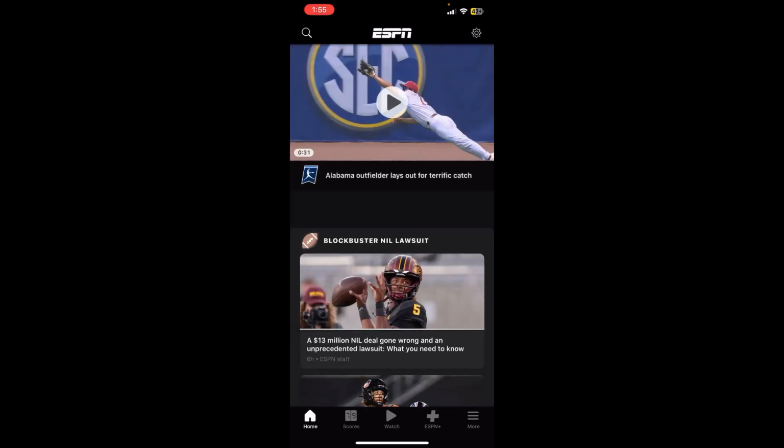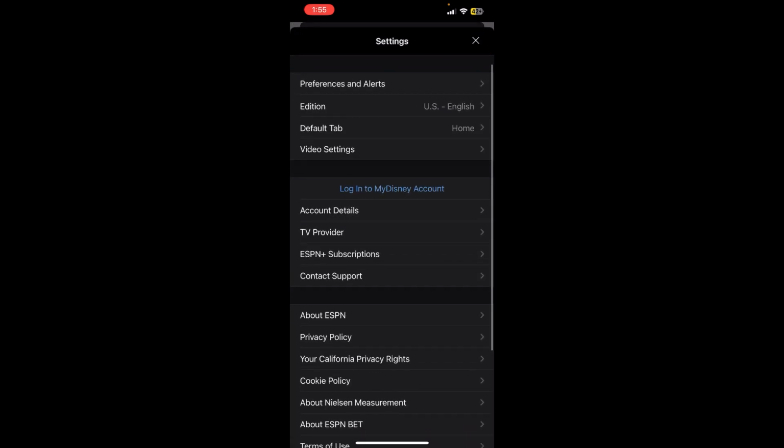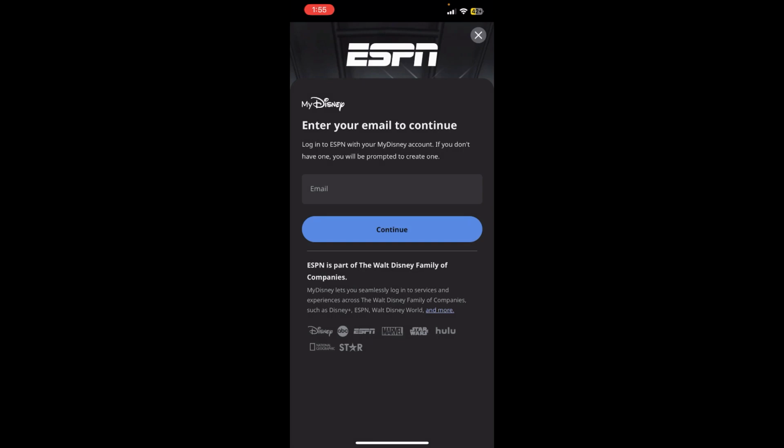First things first, I assume that you have already downloaded ESPN, and once you open it you'll be able to see the interface on the screen, where you can find the settings option at the top right corner. Just tap on it and now you'll be able to see "Log in to my Disney account." Simply tap on it. And now right after that you'll be able to see another section of ESPN where it